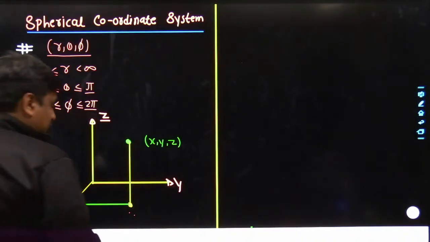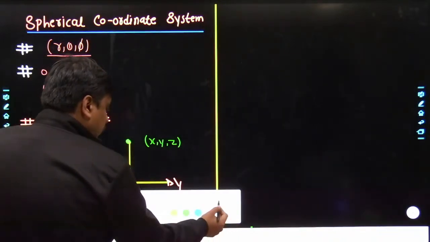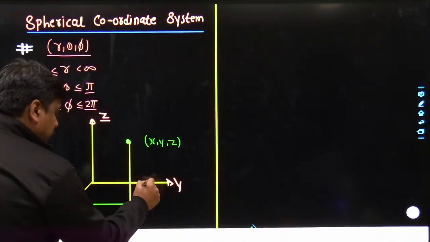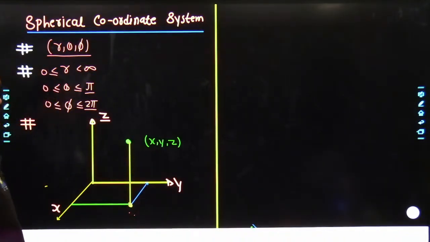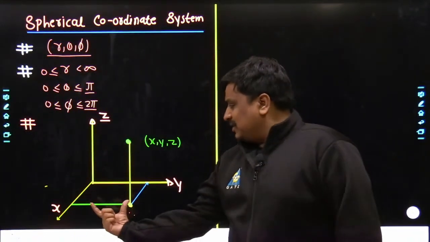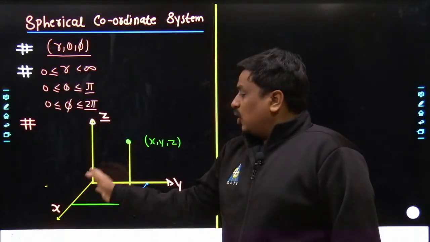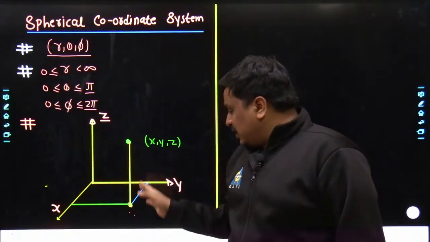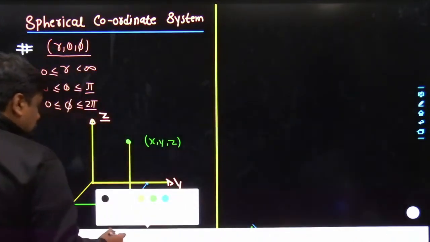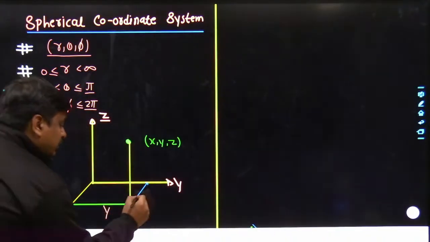in the direction of x, and let me take another color. So here goes this. Now probably nobody should have any doubt here. What's going to be this displacement in the direction of y? Obviously the distance from the y equals 0 plane till this point is nothing but the worth of y itself. So here goes the value of y. This is nothing but y, this is nothing but x,